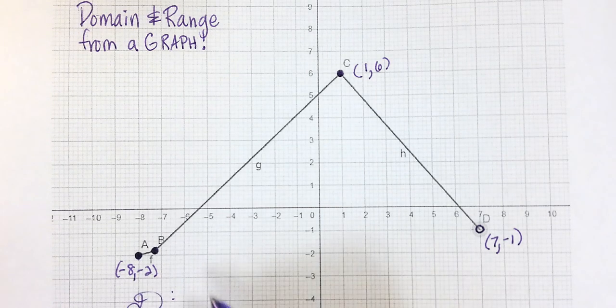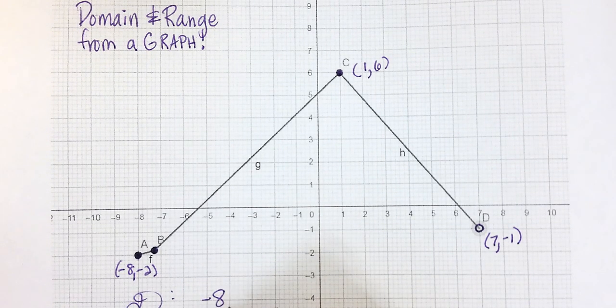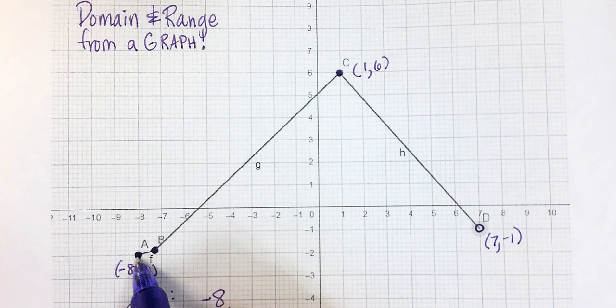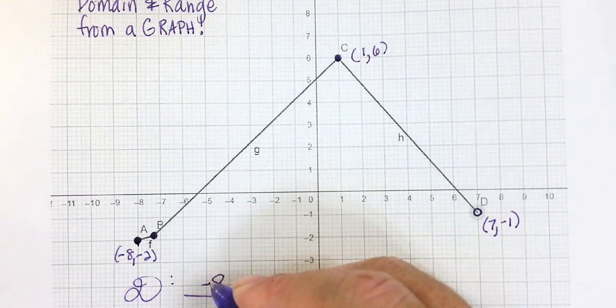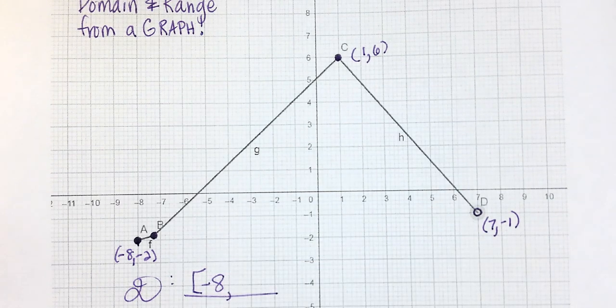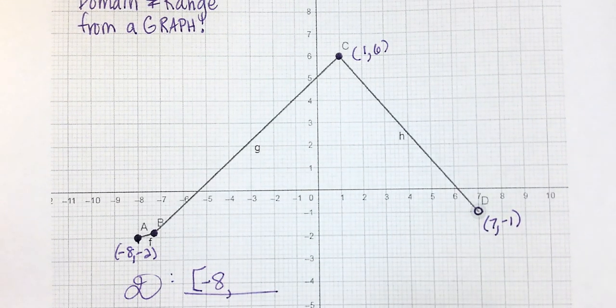So that's where this graph is going to start. Also, since this is a closed circle, we are going to represent this -8 with a bracket for interval notation. It's a bracket instead of parentheses because the bracket represents a closed circle, and it means that -8 is